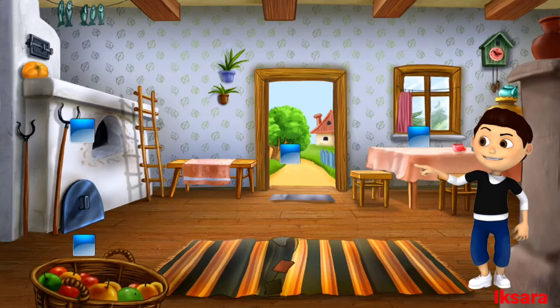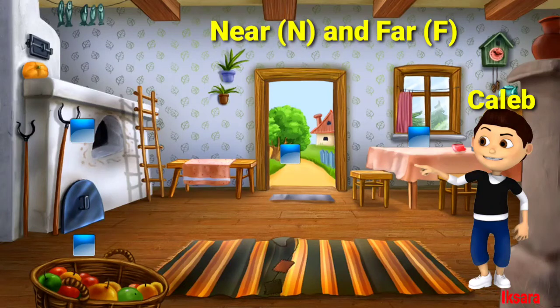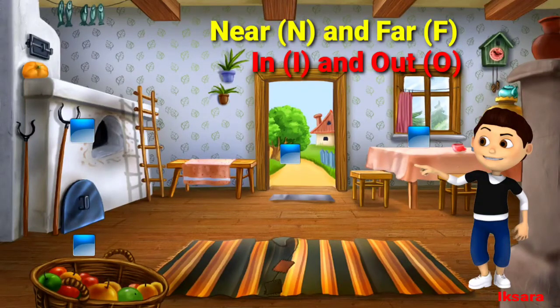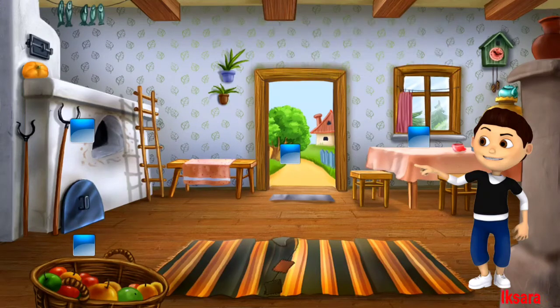Now we will start an exercise all together. We will help Caleb to identify the near and far objects as well as the in and out things present in this room. So let's begin. This table is near to Caleb because he can touch the table.